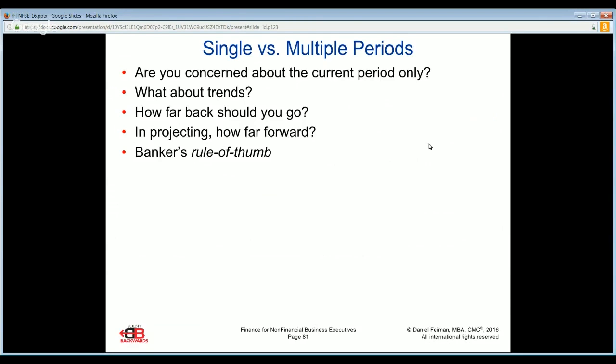The banker's rule of thumb when it comes to financial analysis, and I mentioned this earlier, is 3 to 5 consecutive years of financials. And some of you may be asking why. In my experience, it really has to do with reliability of the numbers. Unless you have a minimum of 3 consecutive periods, you can't know if there's any trend. If you have more than 5 years, is some of the older data too old to be relevant to today's